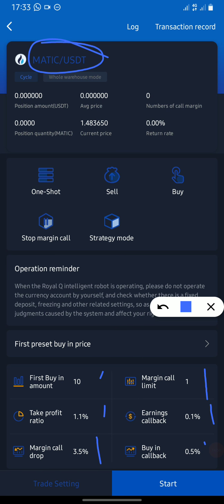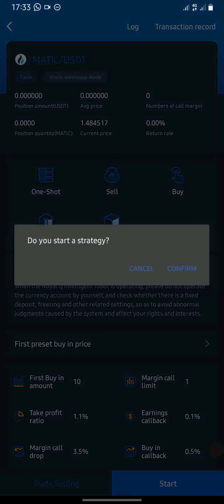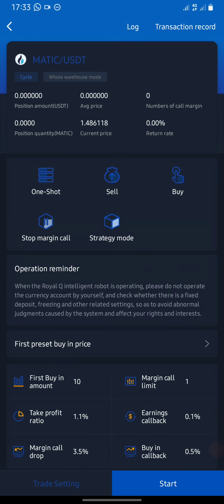Immediately I click start here now and click on confirm, it will automatically add a callback, either upward or downward from the entry price. It will buy $10 worth of Matic for me at a callback of 0.5. What do I mean by callback? Callback means either it goes up a bit or it comes down a bit by 0.5%. It will automatically buy for me. But I only pray it comes down to buy it,